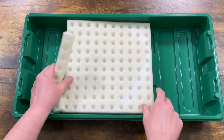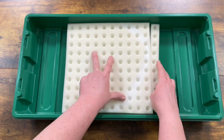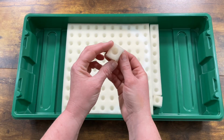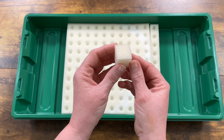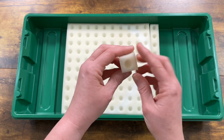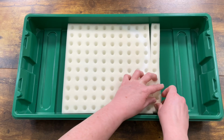Next, I'm going to take these foam seed starting cells and place them inside this drip tray. Now, there are enough of these little cells to start 110 plants, and the hydroponic system only holds 108, but I'm going to go ahead and seed them all because maybe something won't germinate, and even if it does, I'll just take them and plant them somewhere else. These are little foam squares, and they have a little hole right in the middle, and on the inside, the camera's not picking it up, but there's a little slit. Let me see if you can see that. Pull it close, maybe not. So I'm going to get these nice and down inside this drip tray,